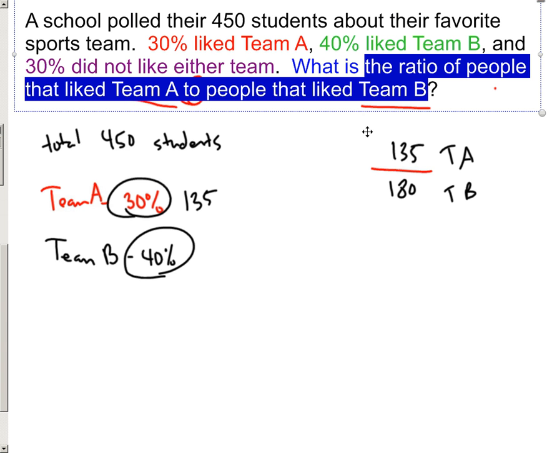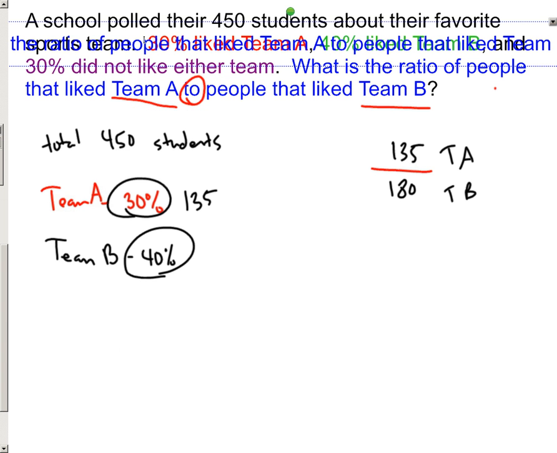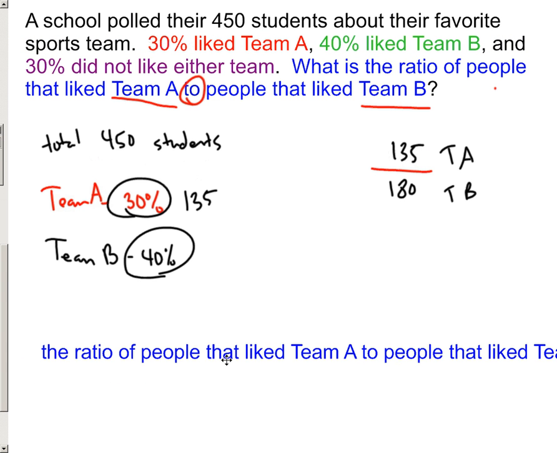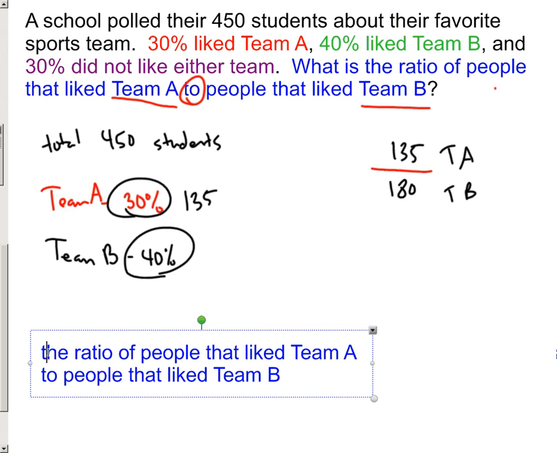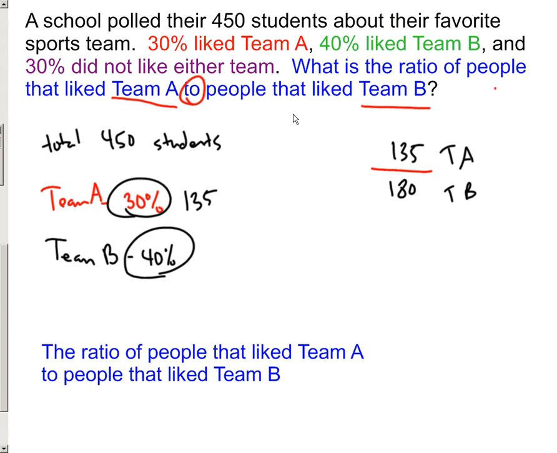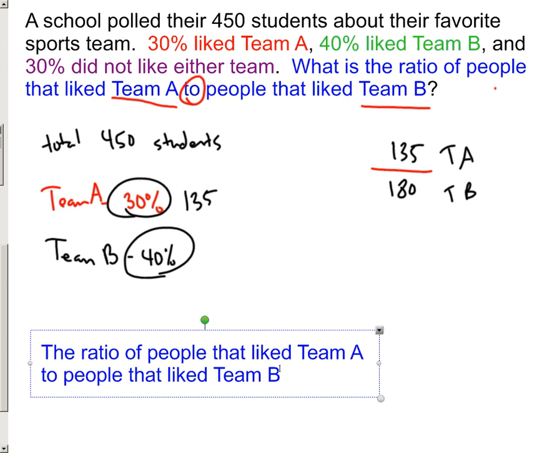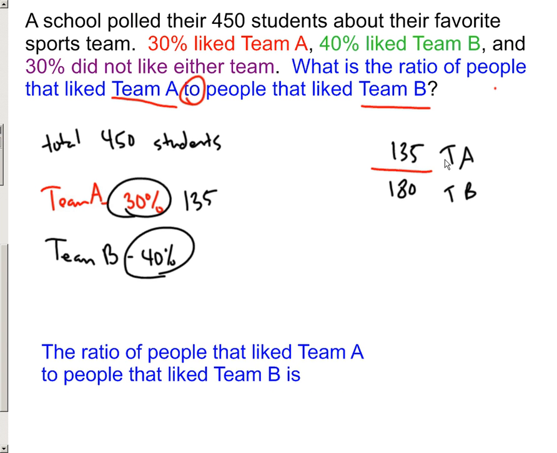So let me just copy that, pull it straight down. So again, I'm using this question to build my answer. Well, the ratio of people that like Team A to people that like Team B is this right here,